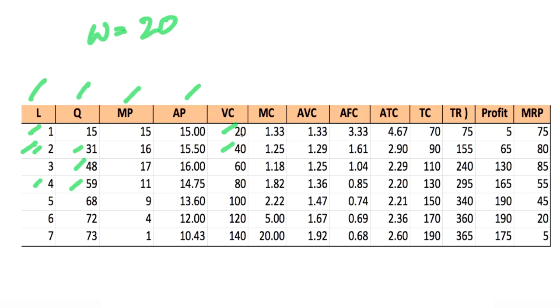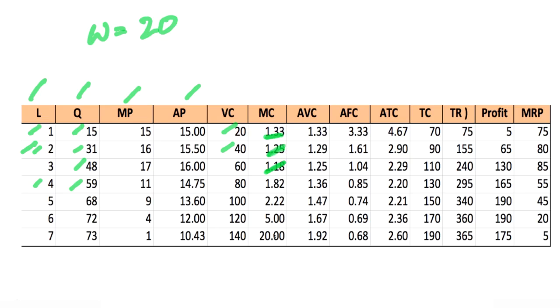It is the extra cost per unit, so the 20 has to be divided by 15 to get a marginal cost of 1.33. Similarly, when you produce 31 units, the extra cost of producing the 16 units is given by the extra variable cost, which is 40, divided by 16, which is the extra number of units,